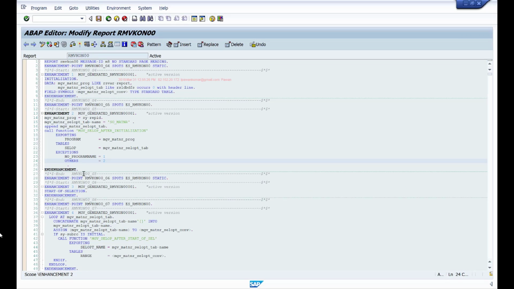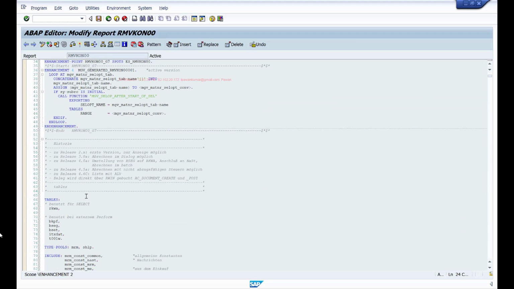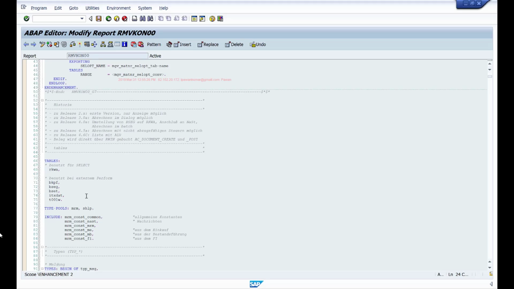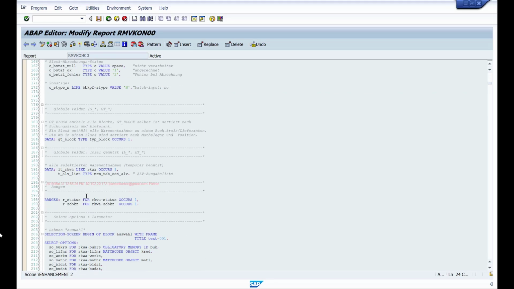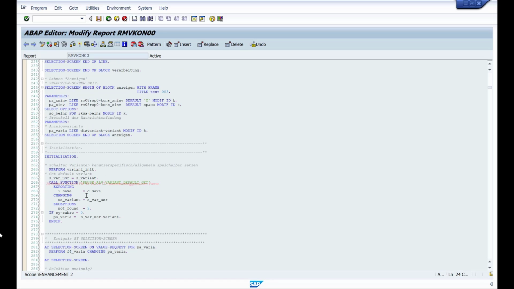You cannot directly write your code here to modify. Wherever you want to write the code, for example, after all these data declarations, keep your cursor wherever you want to write the code, and you have these 4 buttons here.